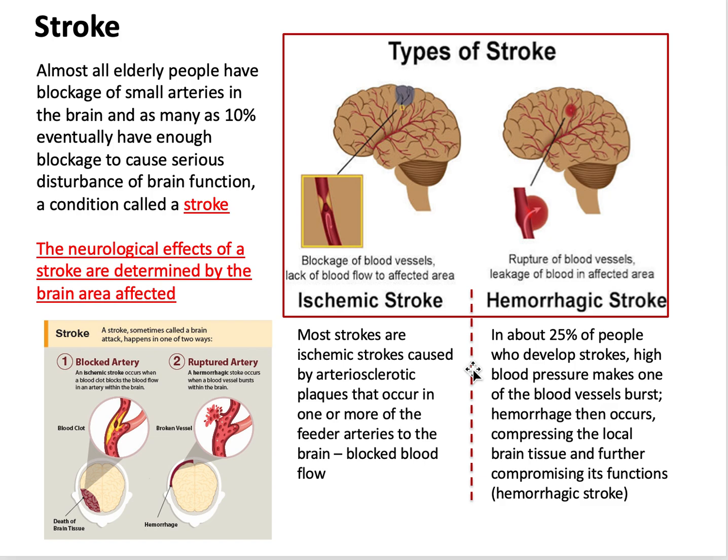But ischemic stroke is where you get blockage of an artery, and then downstream of that blockage, we're not able to deliver oxygen to the tissue anymore, and you get ischemia, or lack of oxygen, and you can get death of that tissue downstream. Whereas hemorrhagic stroke is due to blood vessel rupture, and you get bleeding of the brain